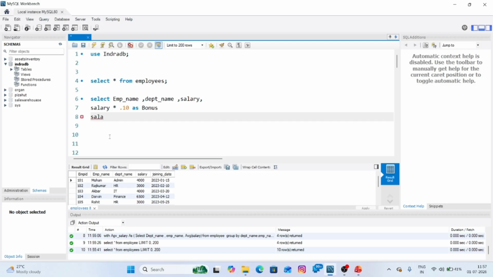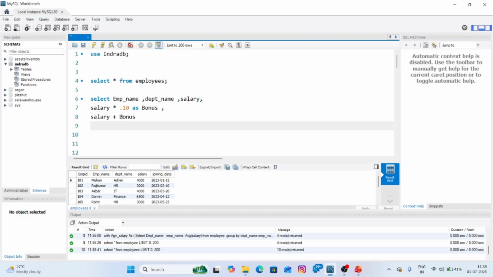So salary, and every time I'm missing a comma. Now I'm adding this 10% here. Whatever I got as a 10% bonus, I'm going to add it here.